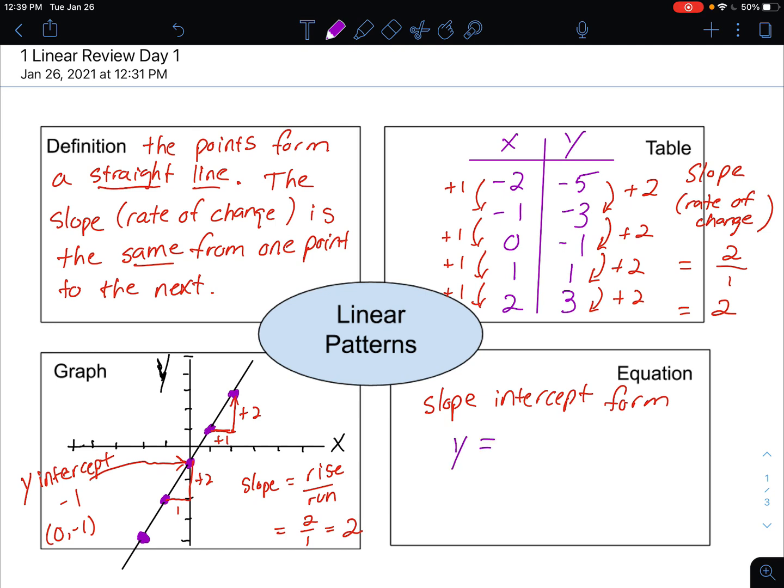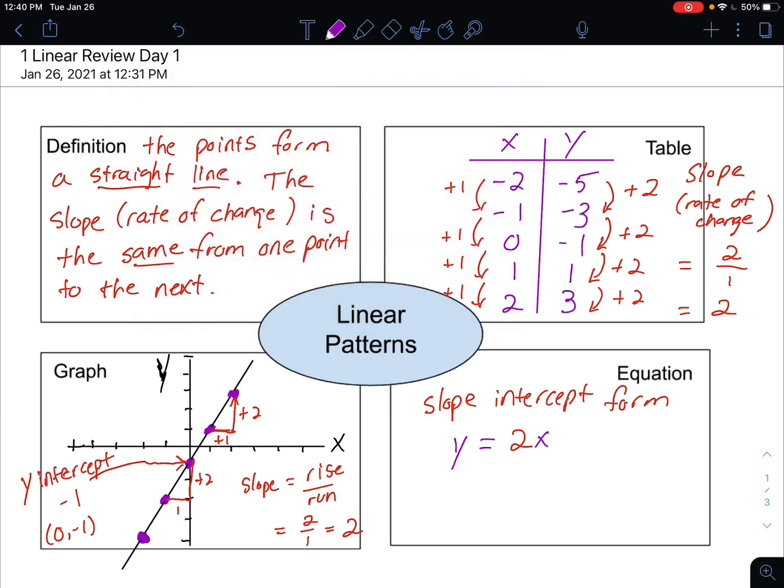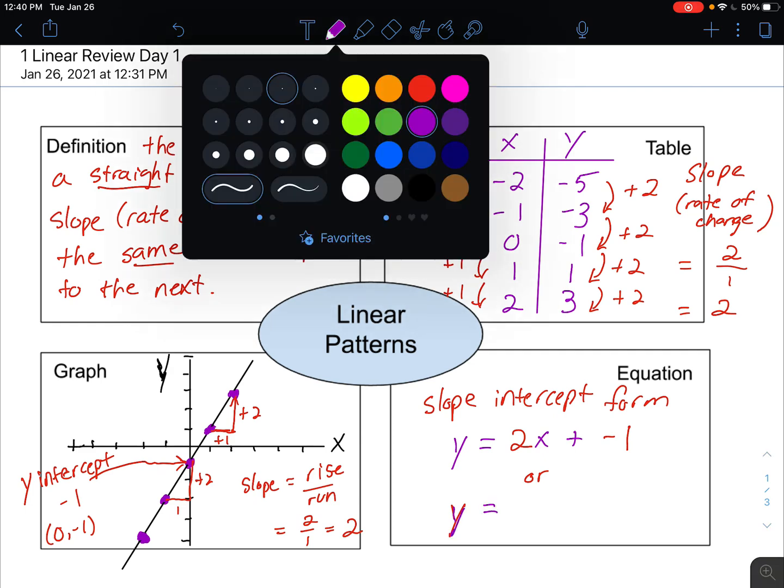So y equals, our slope is 2, so y equals mx plus b means that we're going to put our slope in that spot. I'm just going to color code a little bit so I can highlight the slope and the y-intercept. And then plus our y-intercept, which in this case turned out to be -1. So y equals 2x plus -1. Or if you just want to simplify that a little bit, maybe a little cleaner way to write that is, I'm just going to continue to color code, y equals